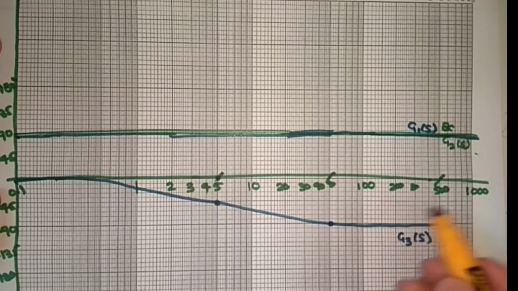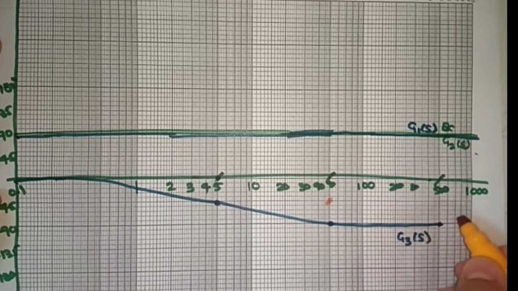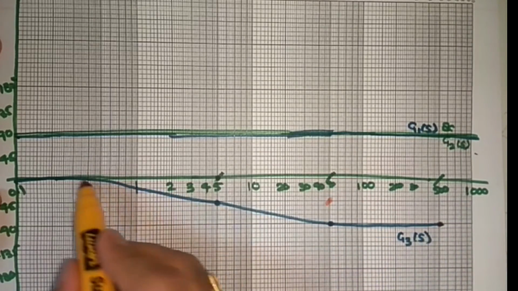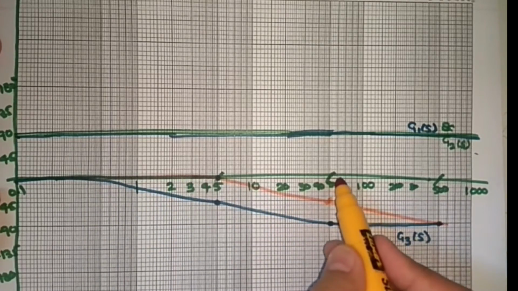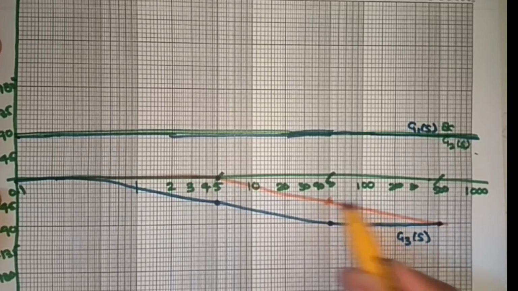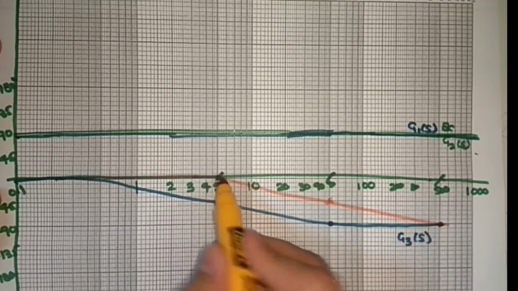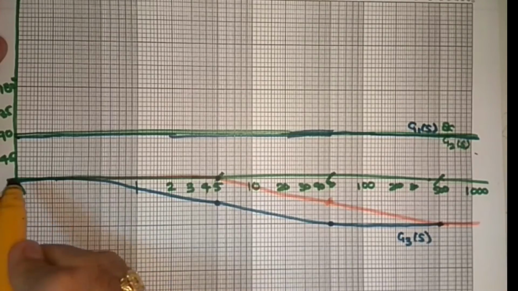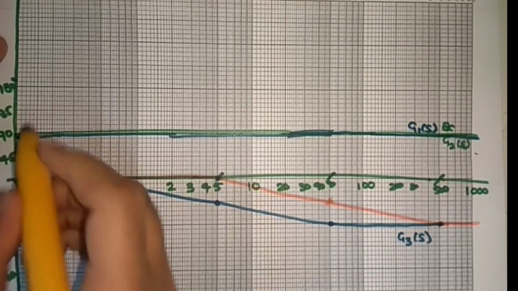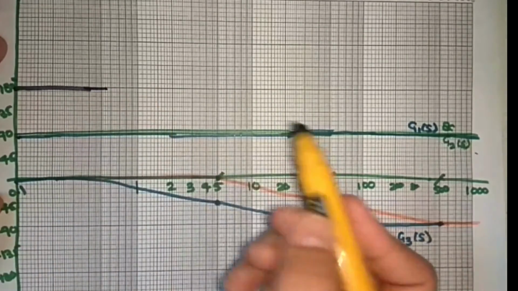And G4(s), at 50 you will have minus 45 degrees, and next it will reach minus 90 degrees, right? Simple. At the same cutoff frequency you take 45. Next, 10 times further, you go to 90. Less than this is 0. That's it. Now draw the overview. See, this is 0. This means 90 plus 90, 180. Up to here 180 we have.